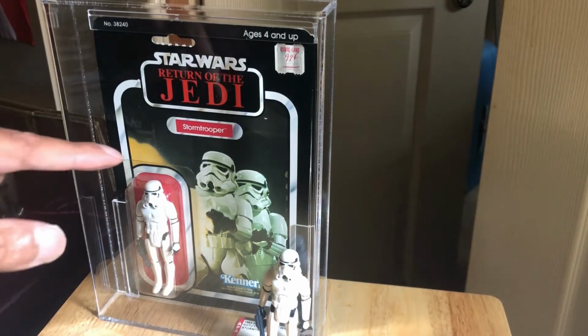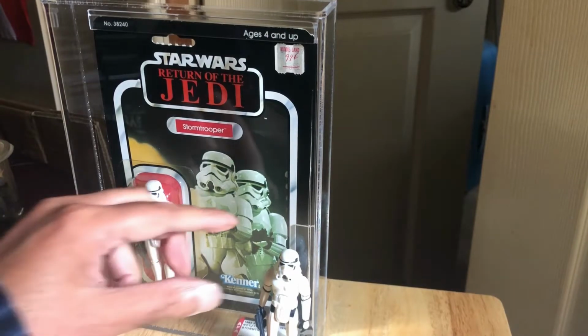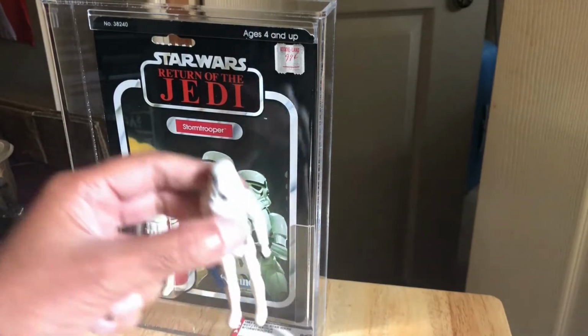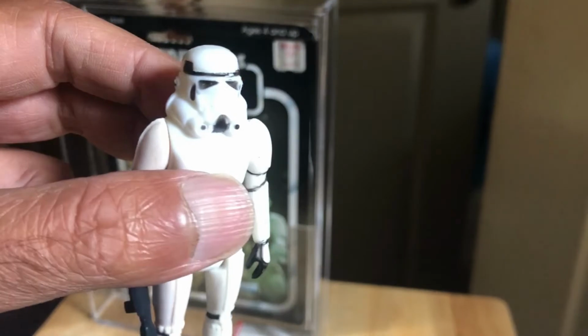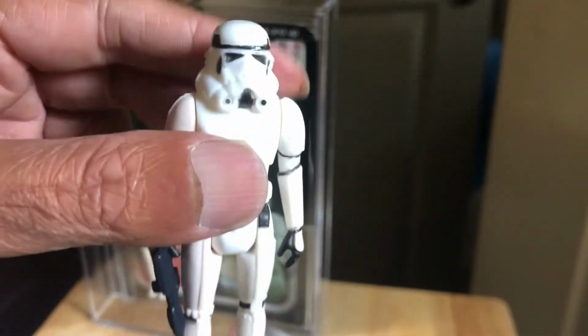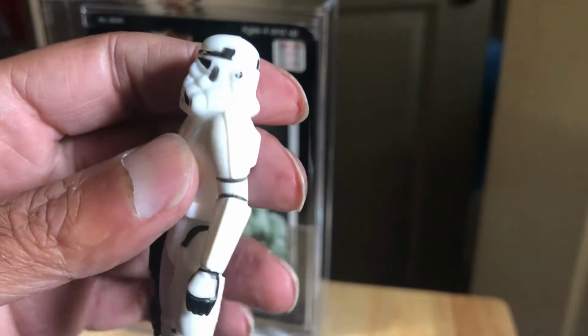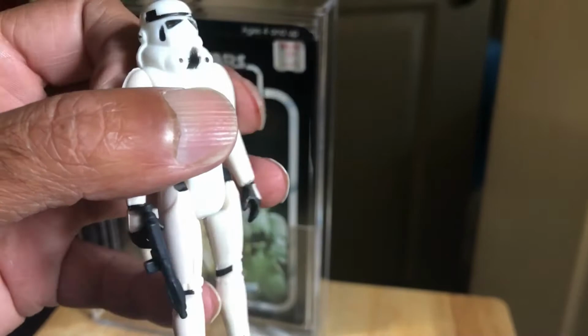But as you can see, I have my Stormtrooper from my childhood, which is continuing, loose as well with the blaster, so I can show you that first. As a child, this is one of my favourite figures. I remember having two of these back in the late 70s,